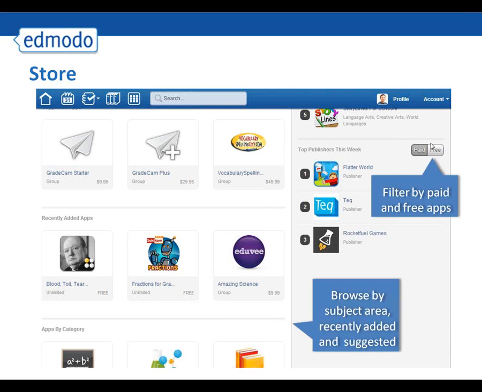You can filter by paid and free apps. You can browse by subject area, recently added, and suggested. If you're somebody that uses Socrative, Socrative is a free app that integrates very well with Edmodo. You can even link to any iOS devices or any device that uses Socrative. You can tie it all together, so they could actually take the quiz outside of Edmodo and still have it come into